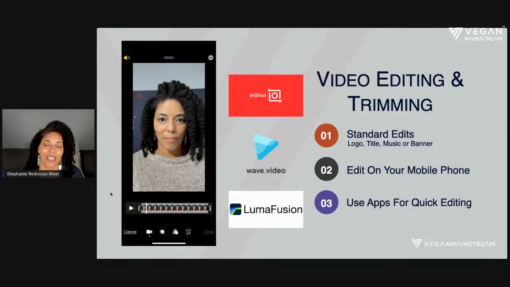I bring that up because if you're creating the videos on your phone, instead of spending hours trying to translate everything over to iMovie on a Mac, or sending something into Camtasia, or sending something in a totally different platform, what I'd rather you do is shoot it on your phone, edit it on your phone, trim it on your phone, so that video is ready to go, and you can either post it or save it for a later date if you're going to schedule it on your social media. This is a tip that helps your editing get faster, because you don't have to send the video to multiple platforms. You can do all of your recording and editing in one place.